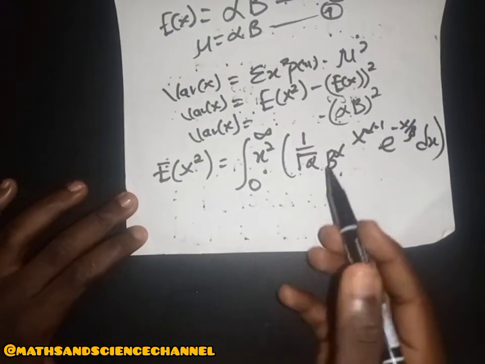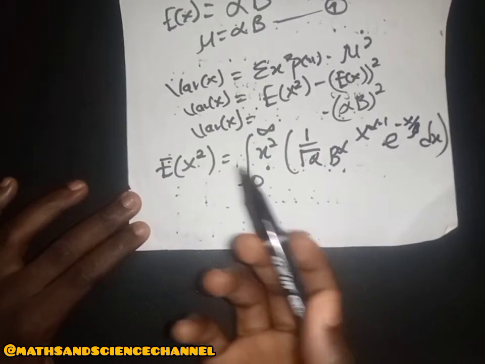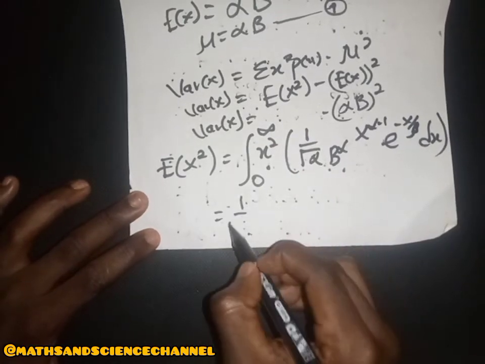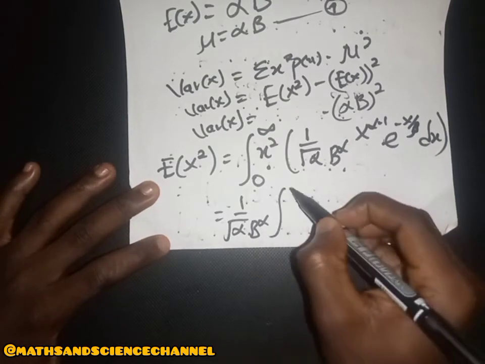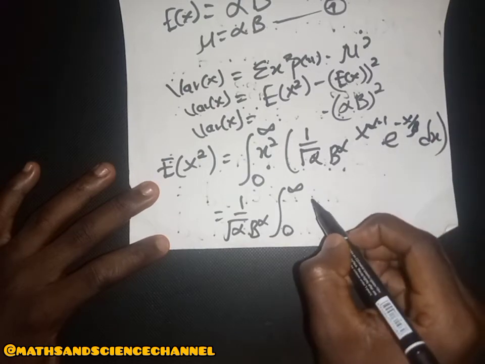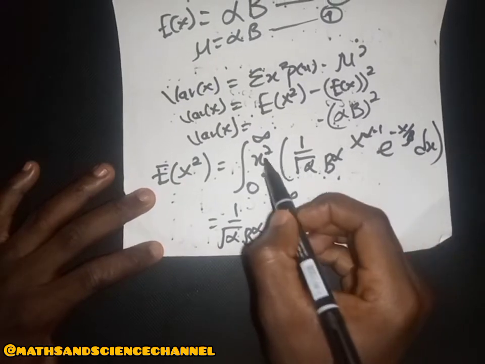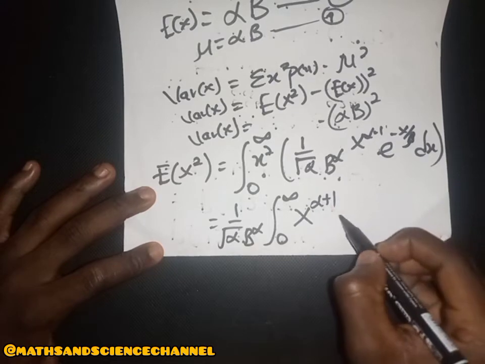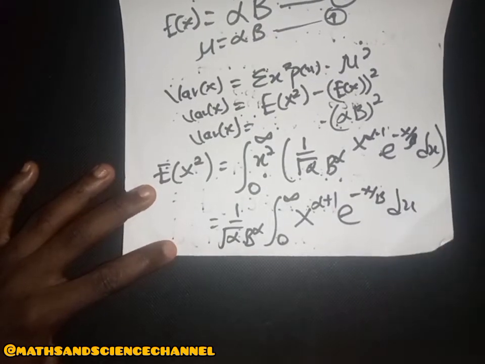So from here also we just use what we did for the other one. We just bring 1 over gamma, the whole of this, out, and then we have this to be that, and then we have s squared here, and then s to the power alpha minus 1. So when we add it to it, we realize that we are just going to get alpha plus 1 here, and then e to the power minus x over b dx over here. Now